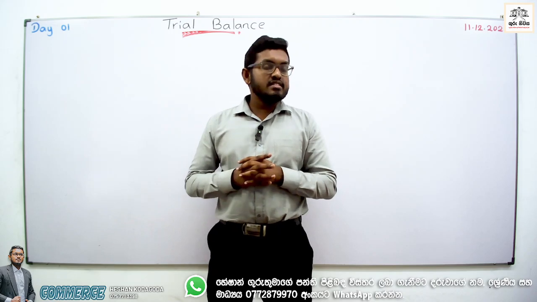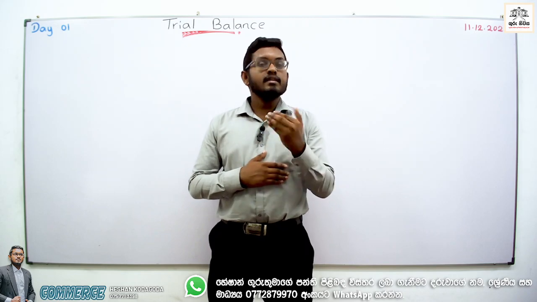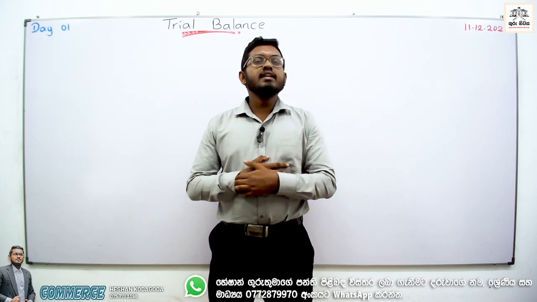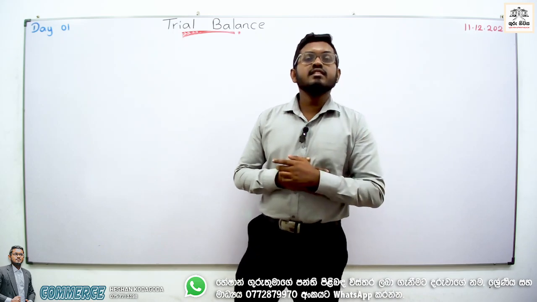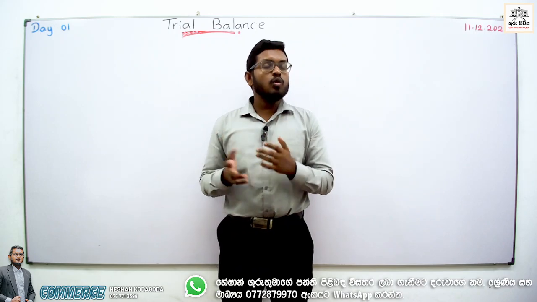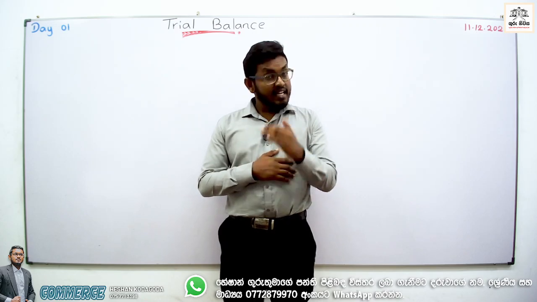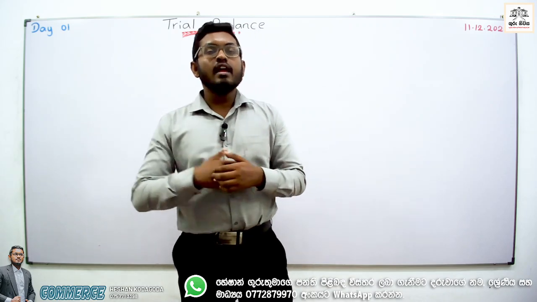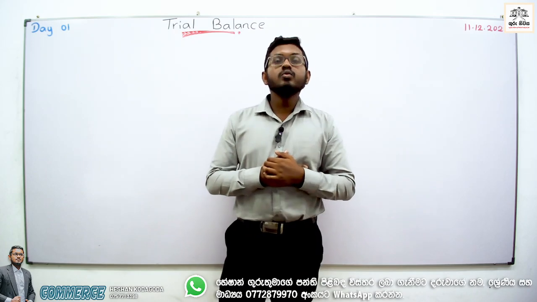So when it comes to the sales journal, what are the transactions we record? Selling trade goods on credit basis. On what basis did we buy earlier? We bought these for resale purposes. Those goods sold on credit basis, where do we record them? Sales journal. So what is the double entry? We record all the credit sales in the sales journal. After deducting the trade discounts, at the end of the month, we get the total and we credit the sales account and we debit the relevant debtors accounts during the month.